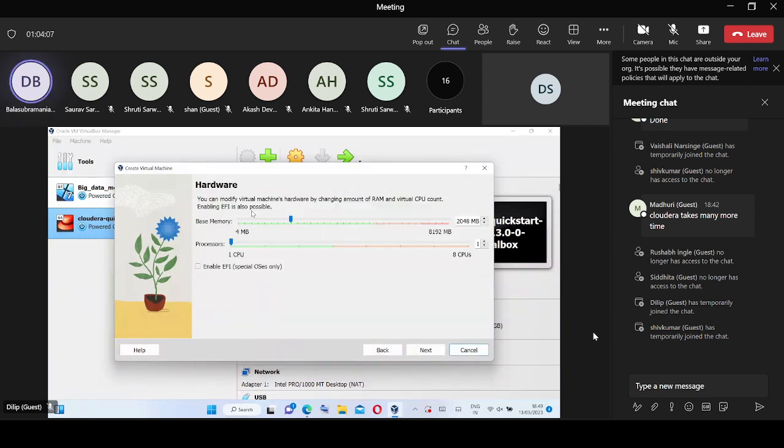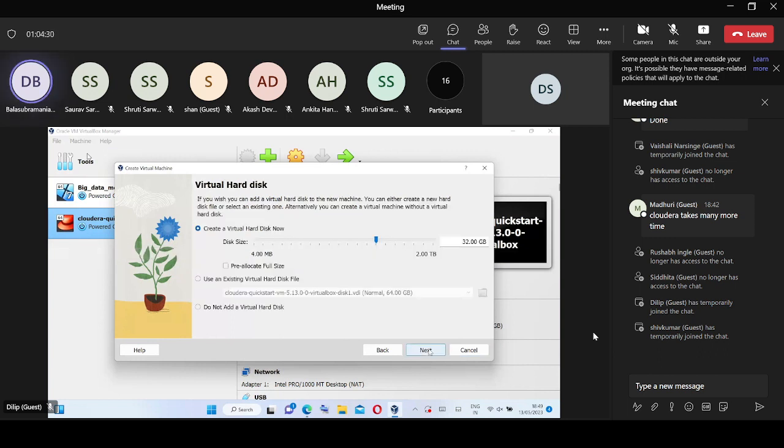Okay, 2 GB memory is fine. 1 CPU is fine with me. You can just keep it as 2 GB and 1 CPU if you're getting this option, or you can just keep it as 2 GB if it is just asking for memory. Okay, and then go next. If I'm going too fast, please tell me. Next, it is going to ask me